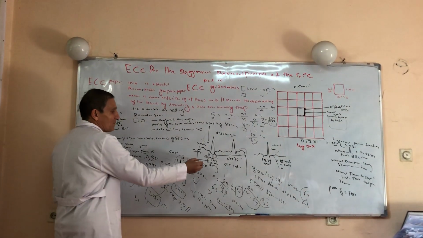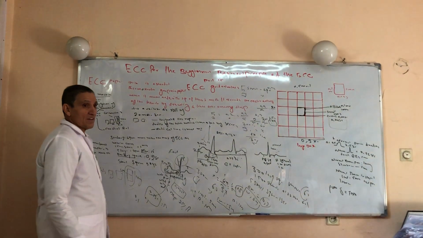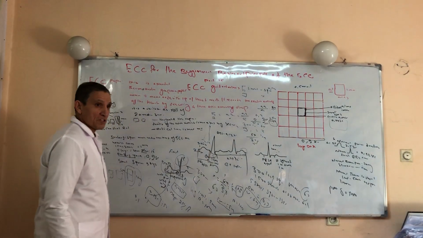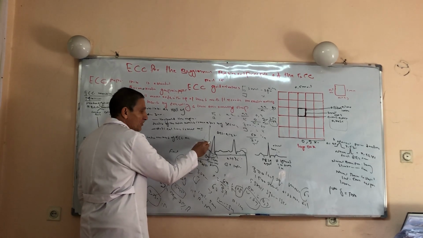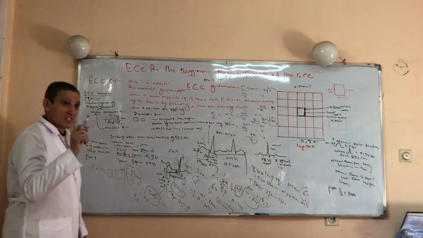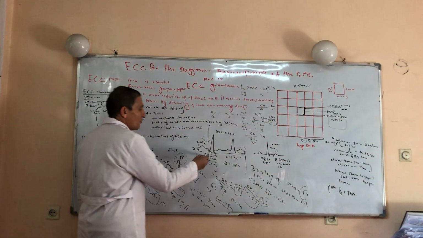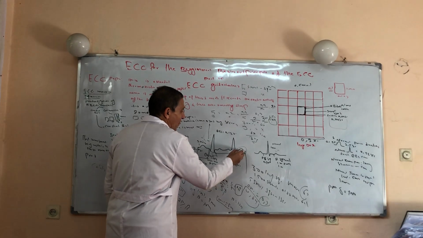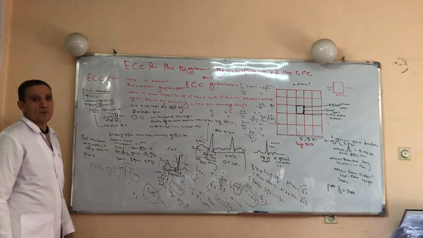In the QRS complex we have got 3 waves. In repolarization we don't have a QRS-like wave, because the QRS complex is rapidly produced. Once the QRS complex is produced, immediately after that the T wave is produced. Depolarization is a fast, rapid process, but repolarization is a slow process. So the QRS complex is not seen in the negative form. It is just represented as a T wave, which represents ventricular repolarization.